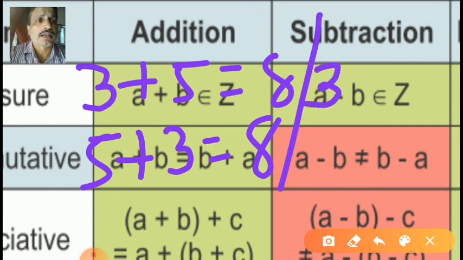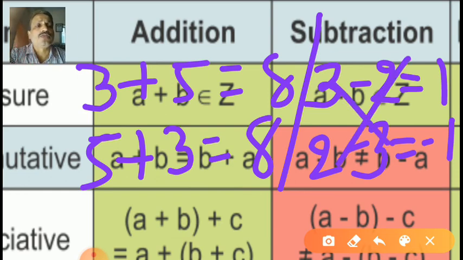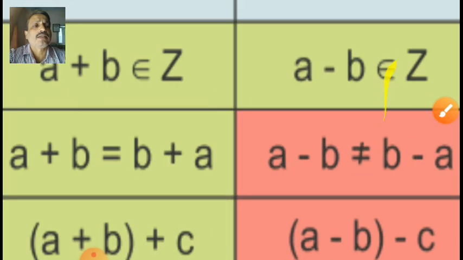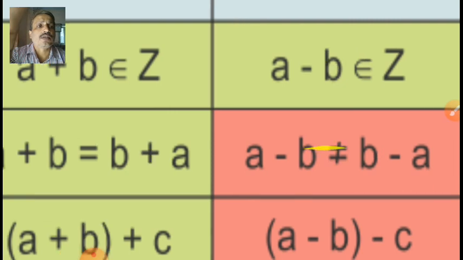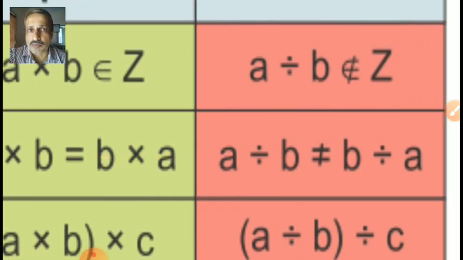You can write here 3 minus 2 gives us 1. But 2 minus 3, what is the answer? 1? No, minus 1. Both answers are different, plus and minus. Okay? So that's why this is not belongs to. It is not possible. That's why the not equal to sign is given. Have you seen this not equal to sign? Yes, this is the equal to sign and this is the not equal to sign. Now what about multiplication? Multiplication is possible. Both sides multiply: a into b, two numbers are there, b into a is also possible. But for division, not possible.